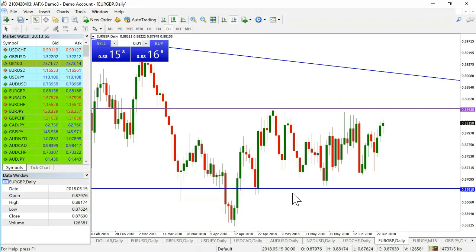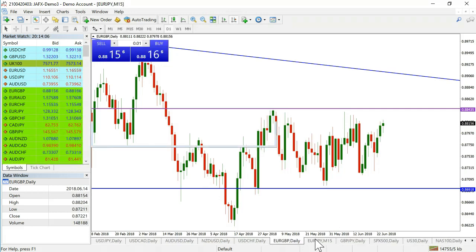The euro pound is just in this sideways moving price action, as you can see over the last few weeks, with a strong bias to the upside. So just to finish off the currency pairs,